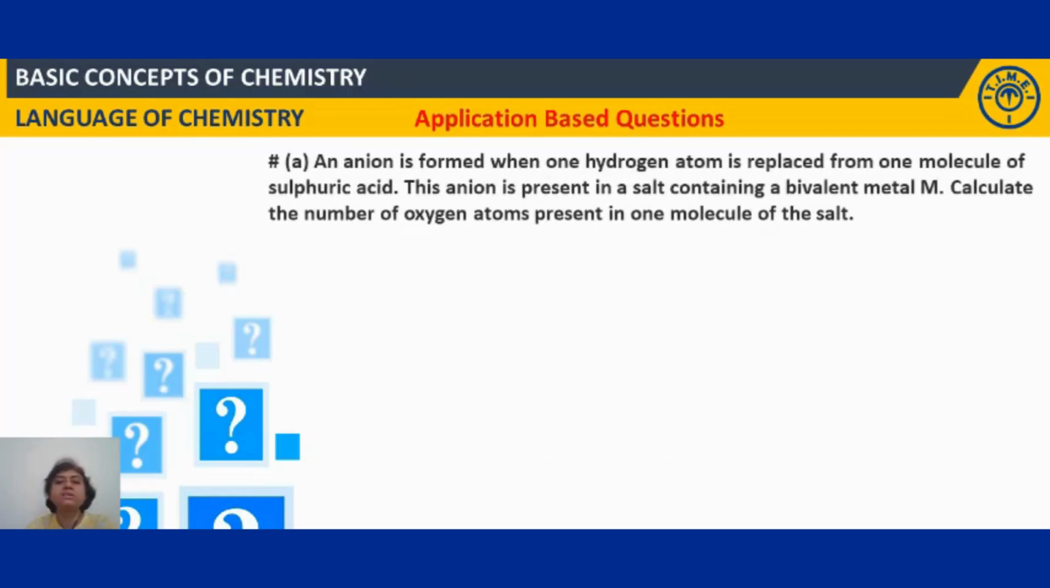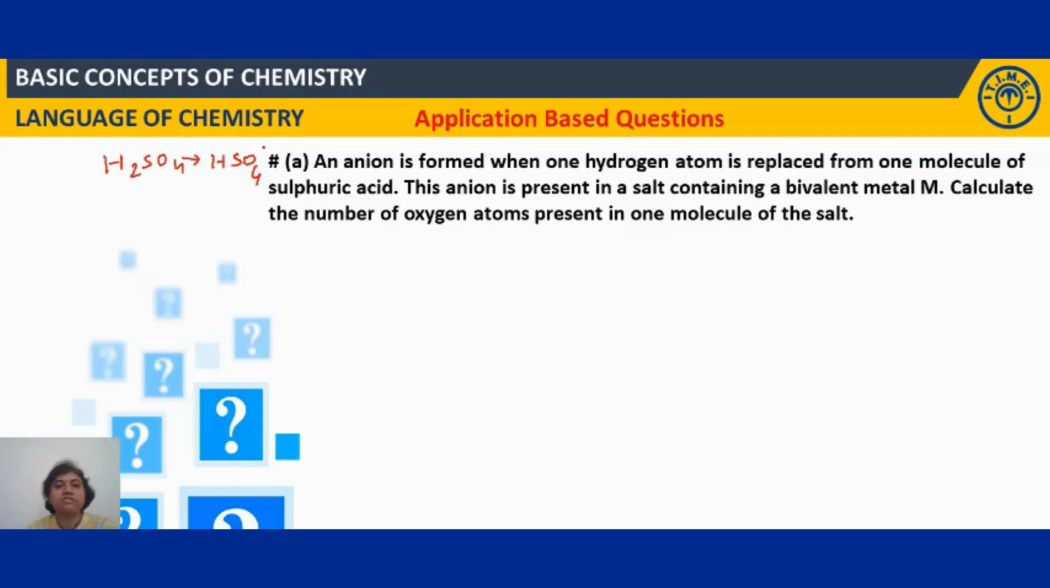Next question is, an anion is formed when one hydrogen atom is replaced from one atom of sulfuric acid. Let us identify the anion. So how will you identify the anion? First you have to write the formula of sulfuric acid, H2SO4. From this the anion is generated by the replacement of one hydrogen atom. So the anion generated from this is